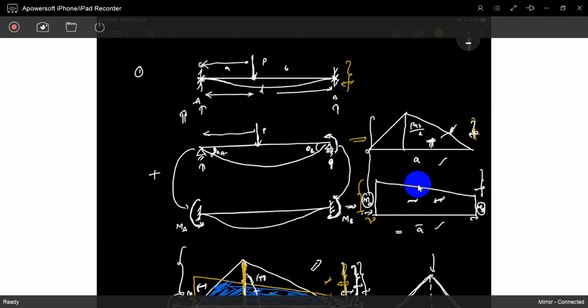So these are the fixed end moments. These are the fixed end beam. I think it is simply supported. This is called a simple support. This is a fixed support. So there is the fixed support bending moment diagram and the simple support bending moment diagram. I divided it into two different areas. Combined, they will give this. Okay, so write it.